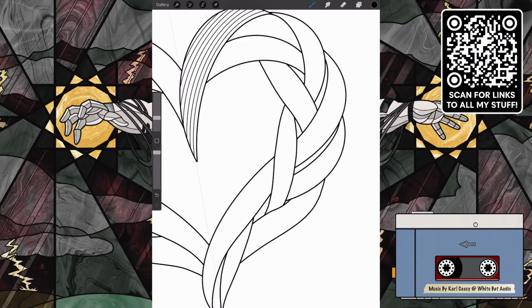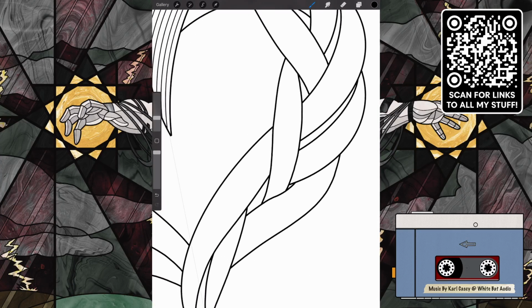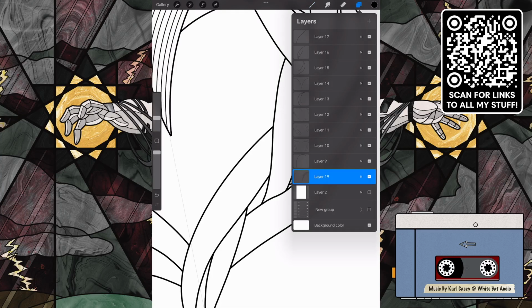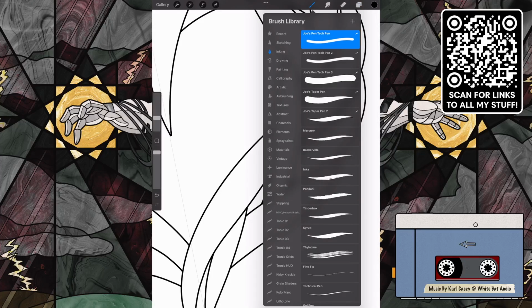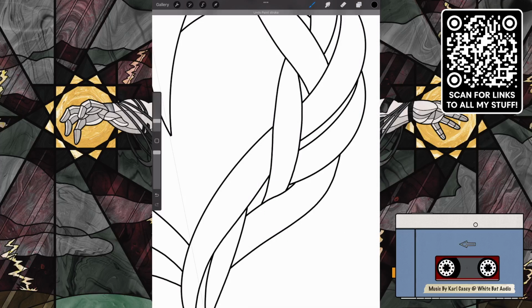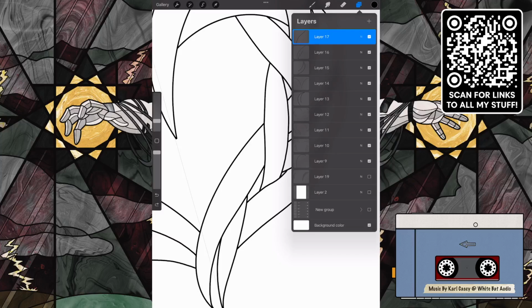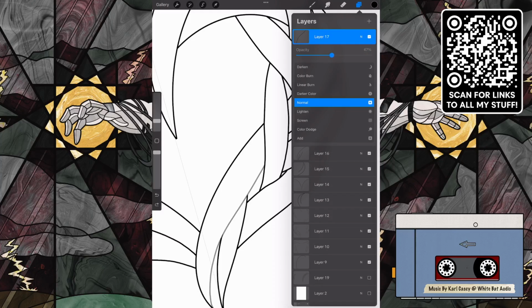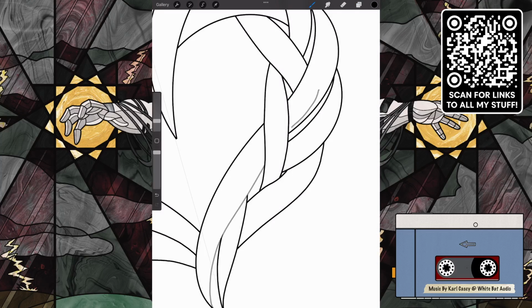You know what I just realized? That does not look right at all. Okay, let's turn this off for a minute. We got to fix this. That's what I got to fix right there. I think that's this pen. Yes. Okay. Because this here is a continuous line. Look how bad that looks.